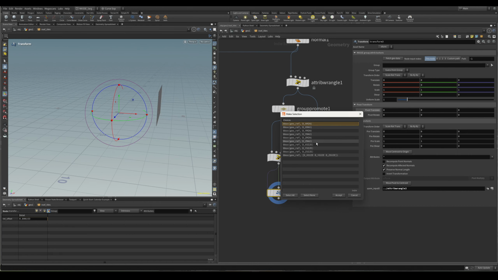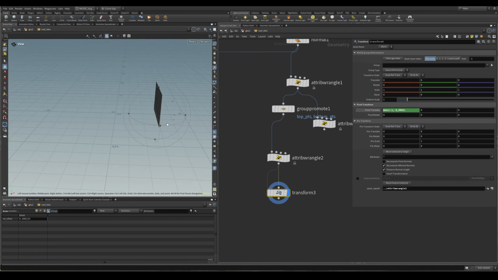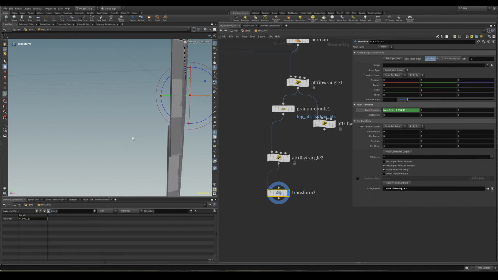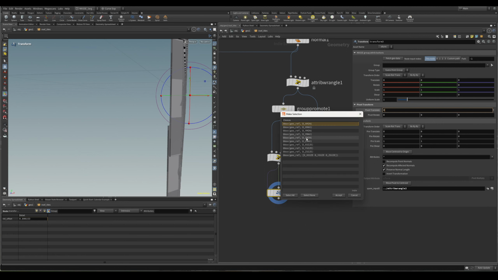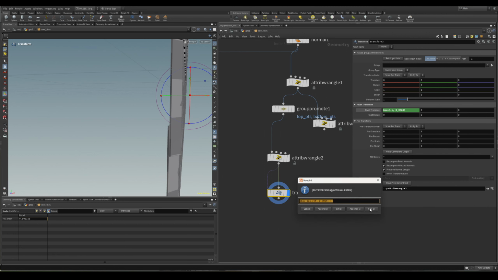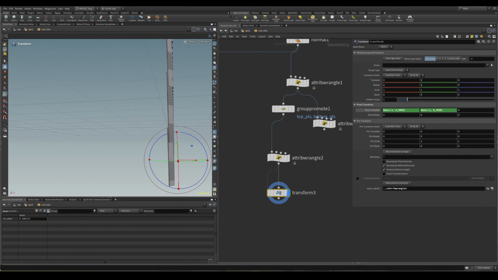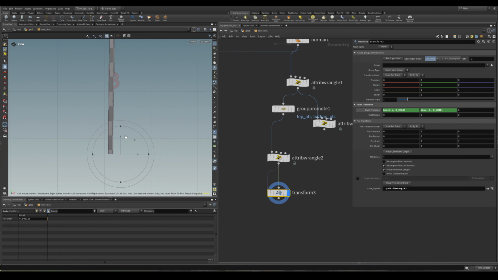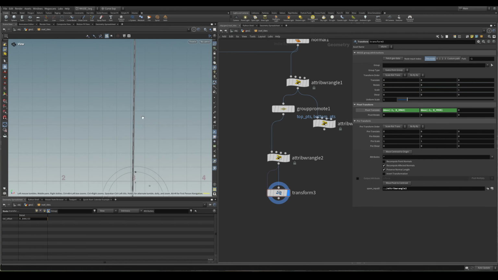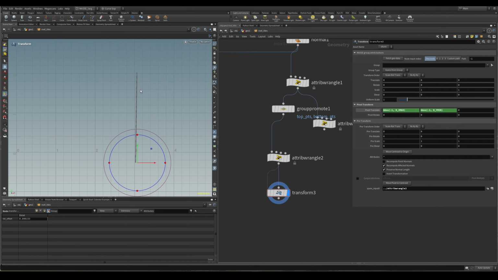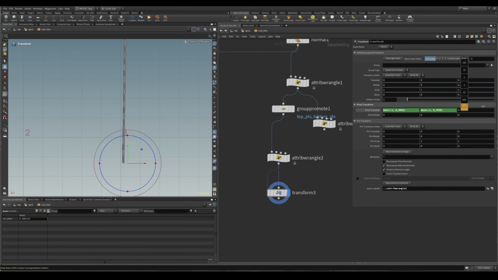So bounding box, I want X max inside here, like that, and then I want Y min inside here. It's going to be Y min, like here. And let's take a look at the pivot. So how does it look inside here? So you can see our pivot is basically aligned to the top of this one. And now if we go ahead and rotate it,